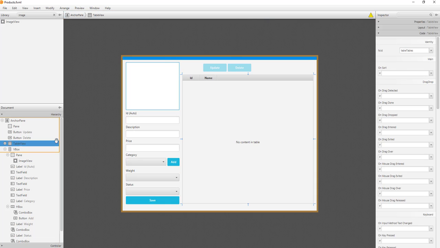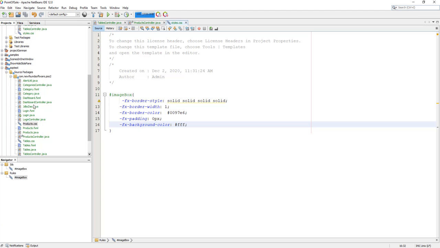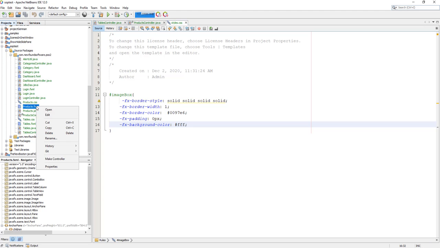This will be table products. There you go. Okay, so I think that's good for now, and let's go back to our NetBeans IDE, and let's just make the